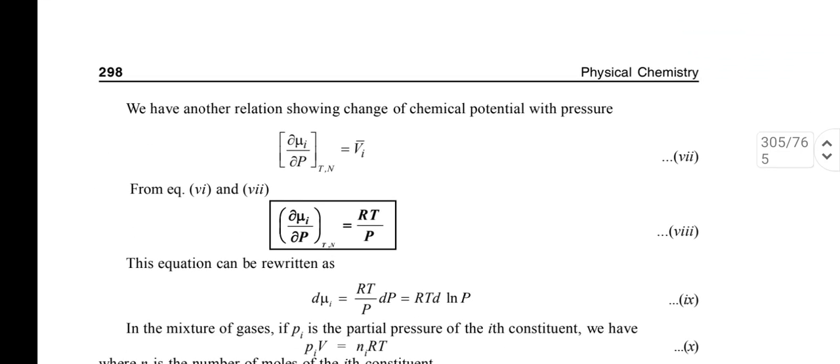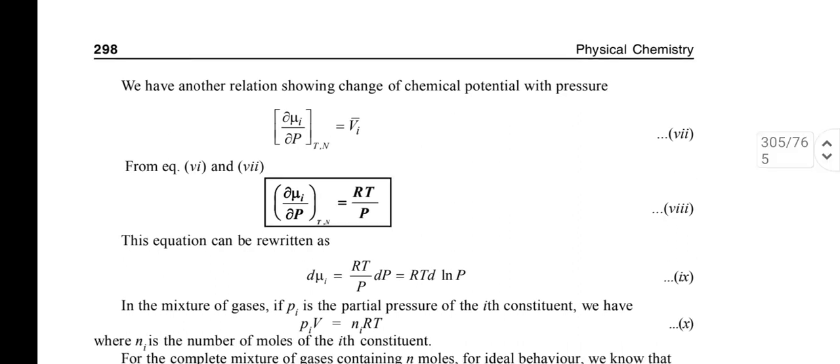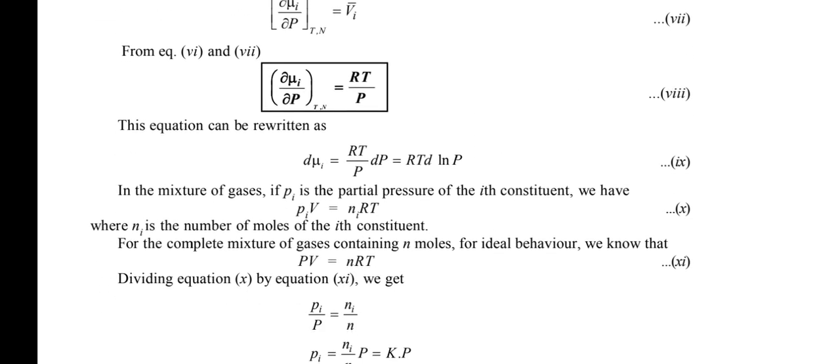We have another relation showing change of chemical potential with pressure. d mu i by dP at constant temperature and number of moles equals Vi bar, from equations 6 and 7. Del mu i by del P at constant temperature and number of moles equals RT by P. This equation can be written as d mu i equals RT by P into dP, equal to RT d ln